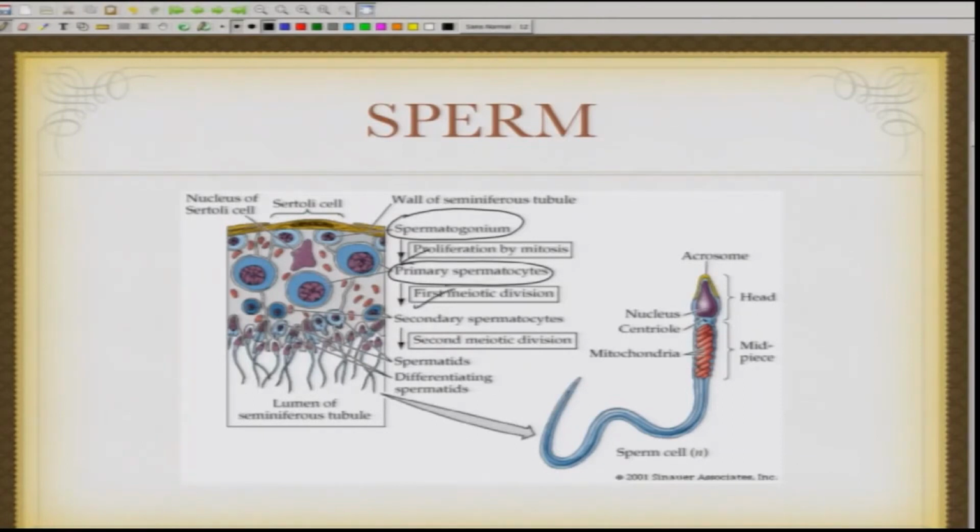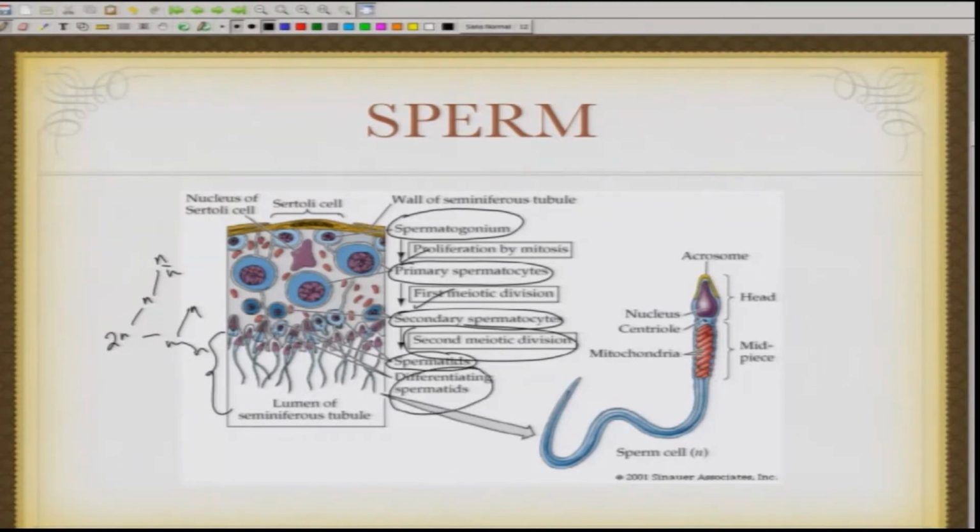So meiosis is happening. Then that forms the secondary spermatocytes. You have the second meiotic division, and then you form the spermatids, and then comes one of the most beautiful differentiation processes, which leads to the